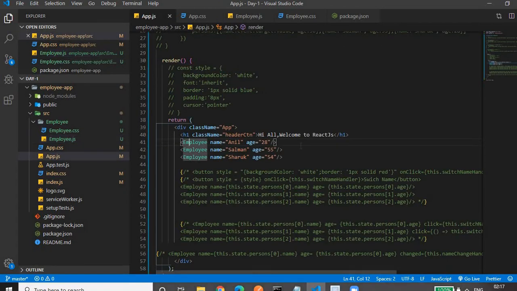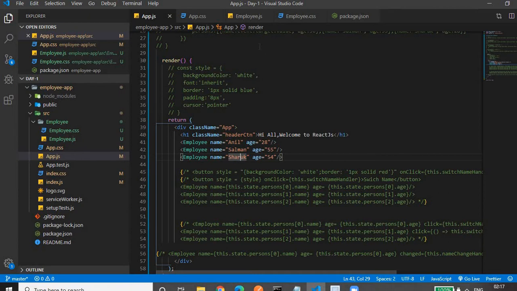Okay. So the extra thing I have added is that I am passing name and age values to the employee component, and this name and age are called properties, or in React.js terms, props. We are sending props to the employee component. So we are providing 3 different props for 3 different employee components.